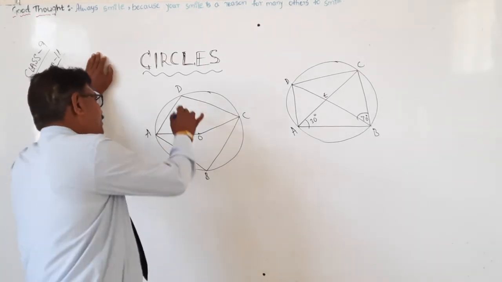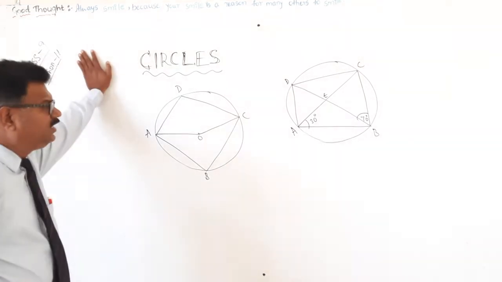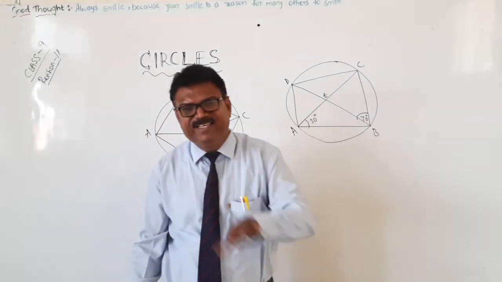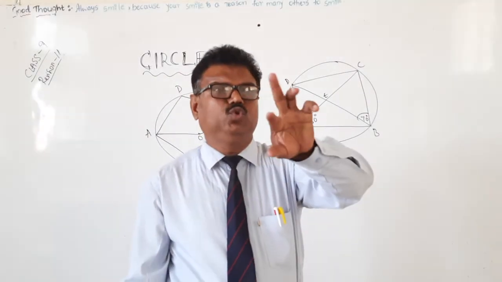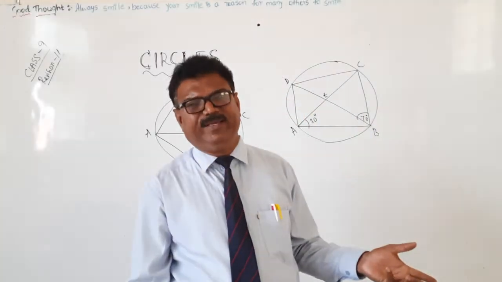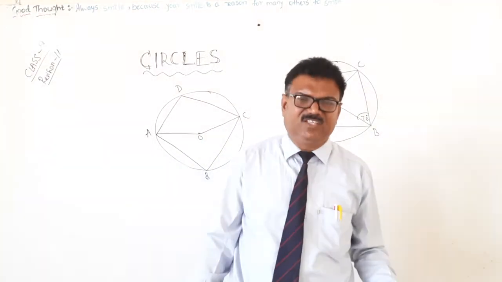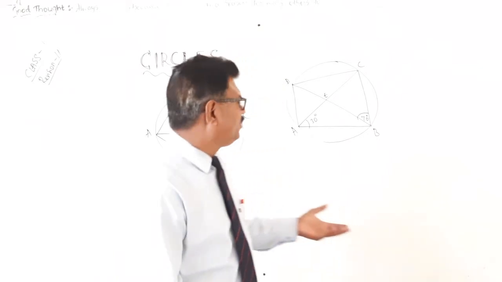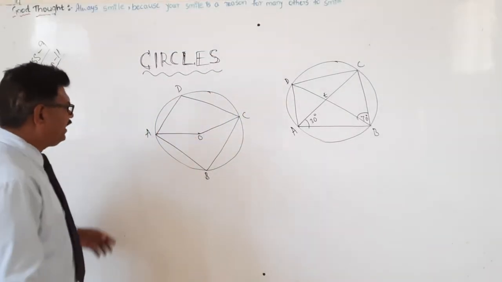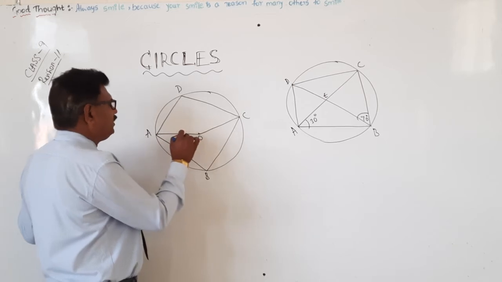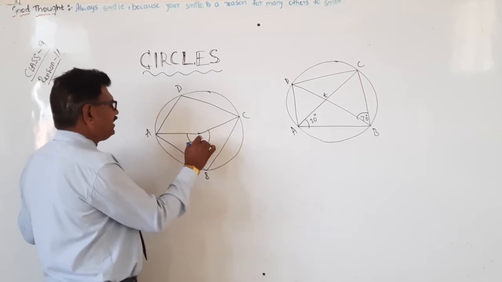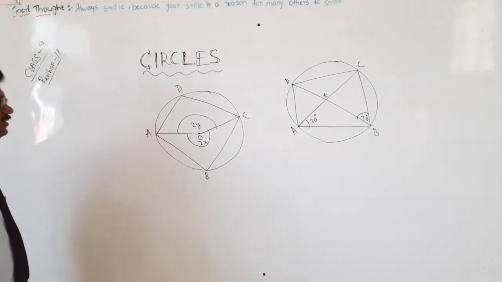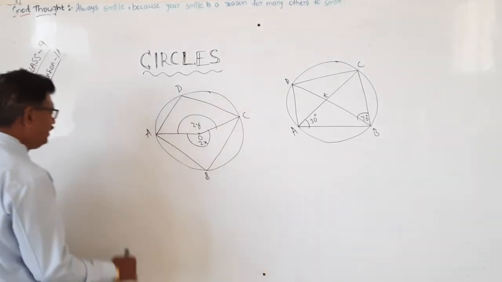What is that? If the sum of the opposite angles is 180, because in a quadrilateral we know that the sum of all angles is 360. If the sum of two opposite angles is 180, the other two opposite angles also sum to 180, because 360 minus 180 is nothing but 180, right? Let us see. For example, this I will take as angle 2x and this I will take as angle 2y. Okay?